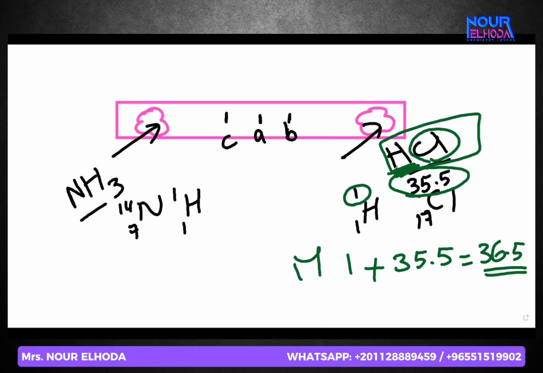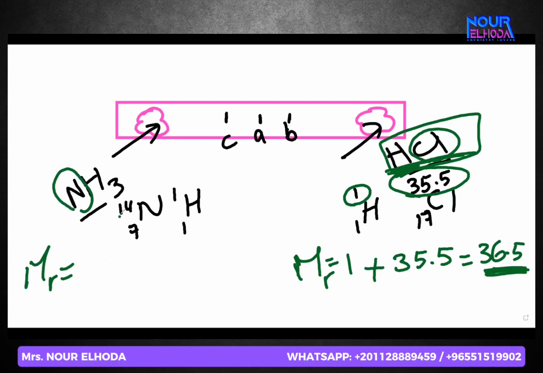What do we call it? The mass of any molecule, we call it Mr. Okay, so this is 36.5. Now let's calculate the mass of ammonia. The Mr of ammonia. What is the unit? No units. It is a mass in grams, but we don't write units. What do you think? It's going to be 17. Exactly.